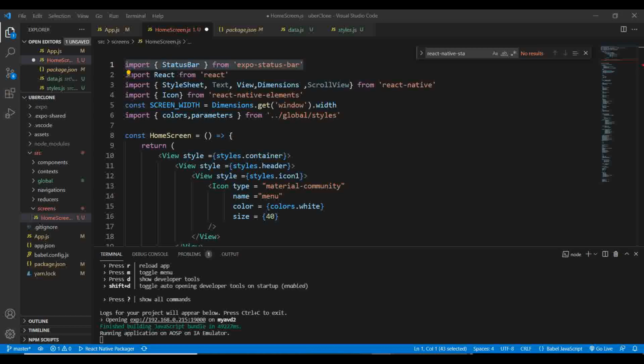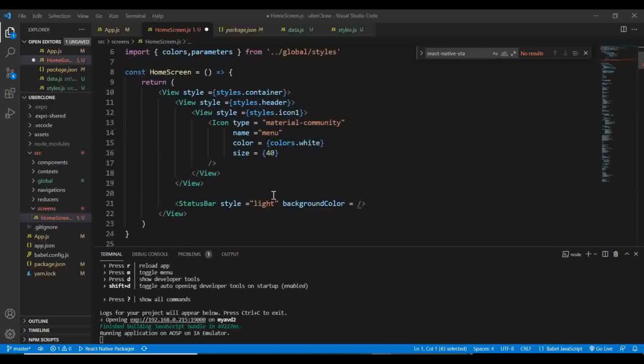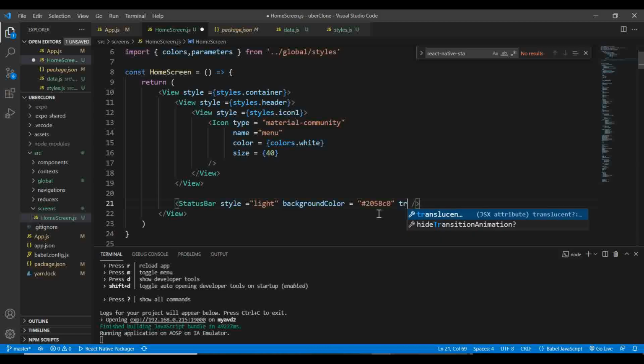And yeah, so we pass the color to the status bar. What color do I want in here? It's gonna be 2058C0, and I want it to be translucent. I'll pass this prop to be true,